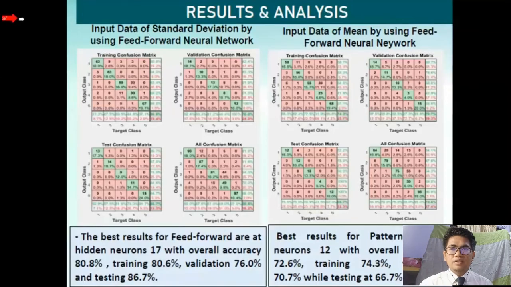Okay, next, let's proceed to the project result and analysis. In this project result and analysis, the feed-forward neural network method is used to obtain the confusion matrix. On the confusion matrix plot, the rows represent the output class and the columns correspond to the target class. The green diagonal cells correspond to observations that are correctly classified, while the red cells correspond to incorrectly classified observations. Both the number of observations and the percentage of the total number of observations are shown in the figure.